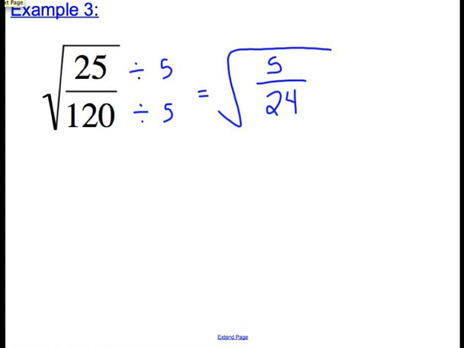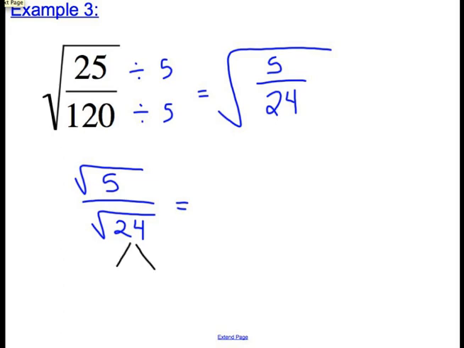So now I'm going to simplify the radical, and this is the next property of radicals you need to know, is that you can separate top and bottom. You'll get the same value if you take the square root of the whole thing or the square root of the quotient separately. Square root of 5, that can't be simplified, but 24 can be factorized just like we did in the previous example. So we can rewrite it as 2 times 12, or 12 can be rewritten as 2 times 6,